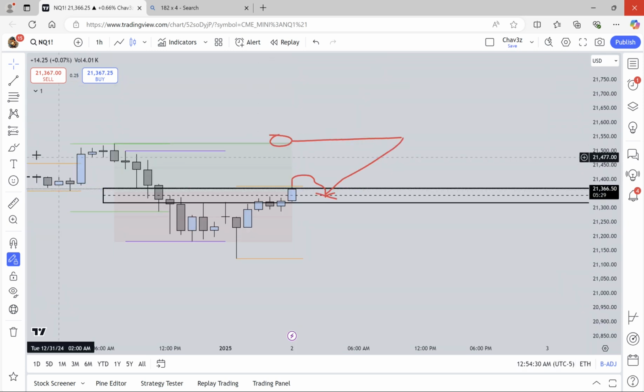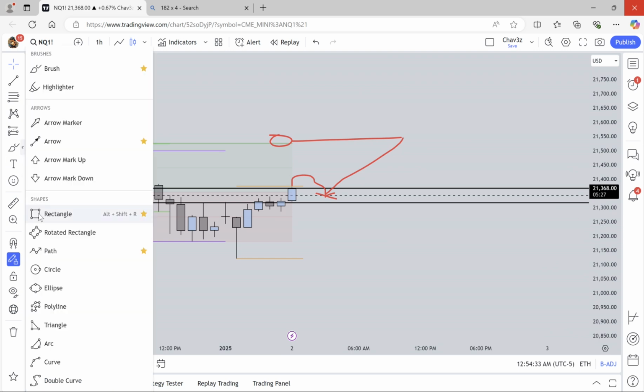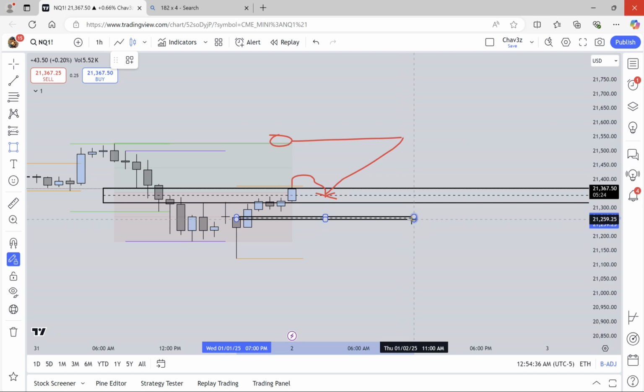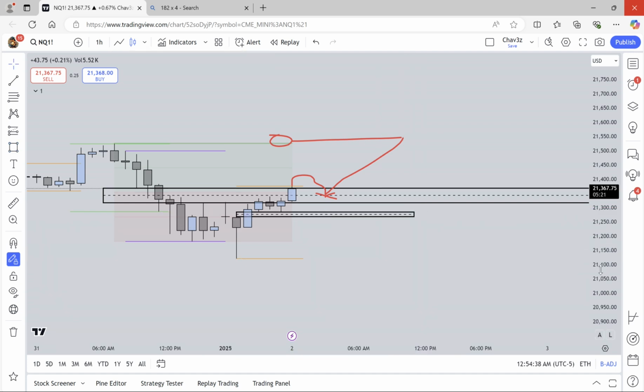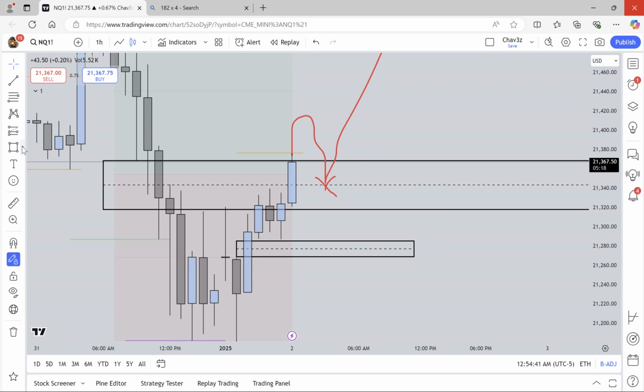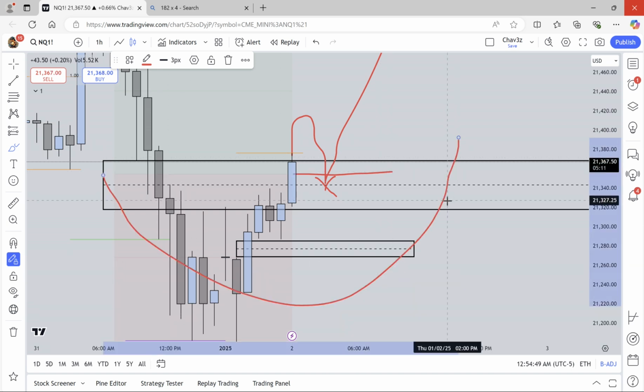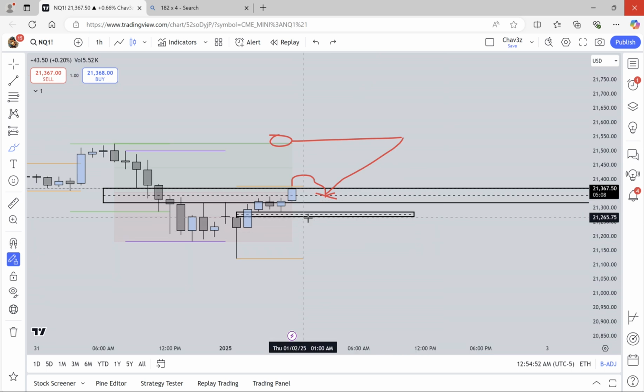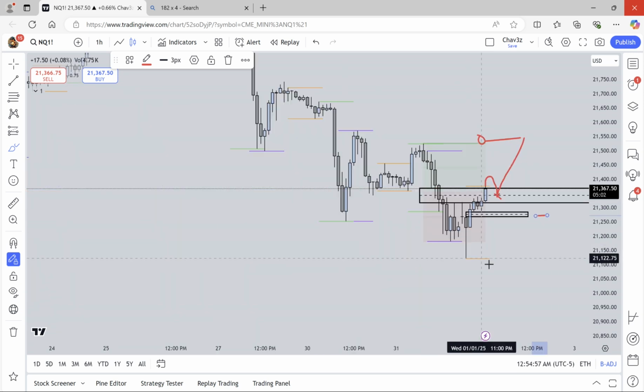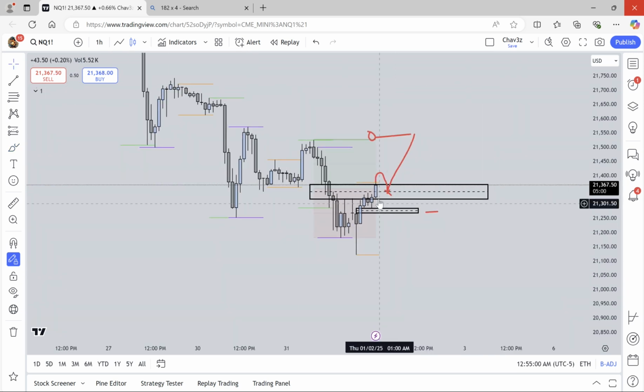If we fail to take price higher, I'm looking for what? Excuse me. I'm looking for this 1 hour fair value gap to fail and for price to trade under it. So I'm bullish because we're above EQ. I'm bullish because of market structure, right? What we talked about. I'm bearish under 270. Under 270, I'm bearish. Currently, I'm bullish. And the way I want to see price get there is a retracement to the 50% of the 4-hour fair value gap and to use that as an inverse to go higher.